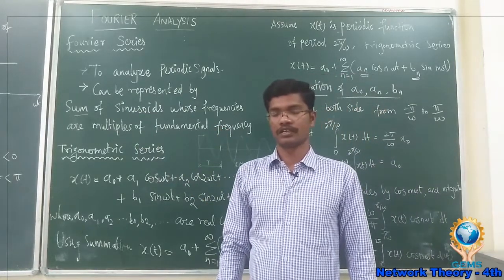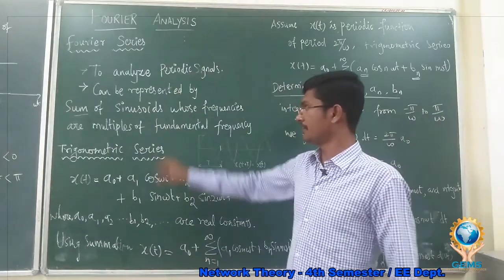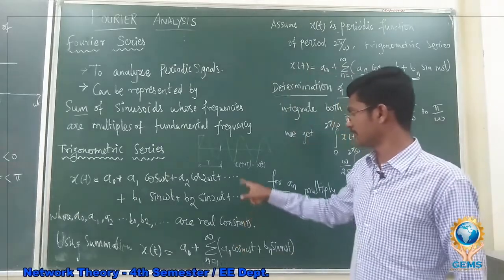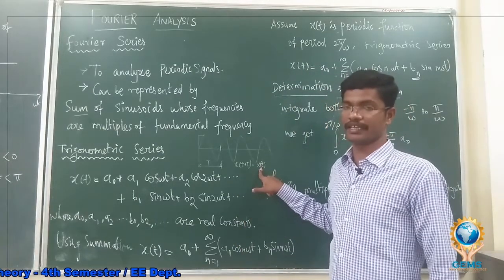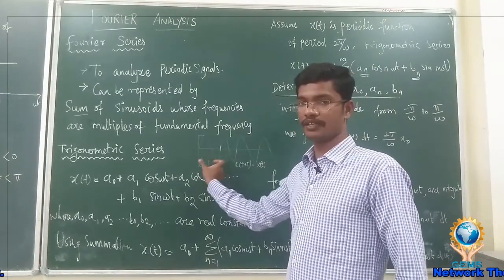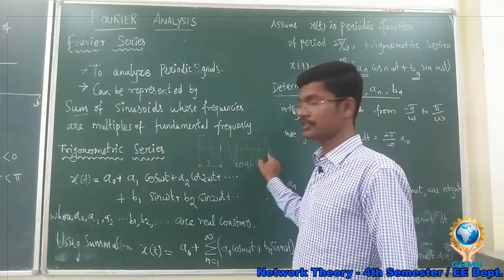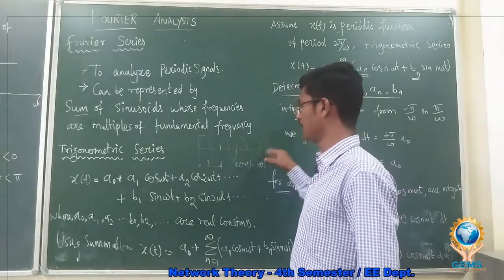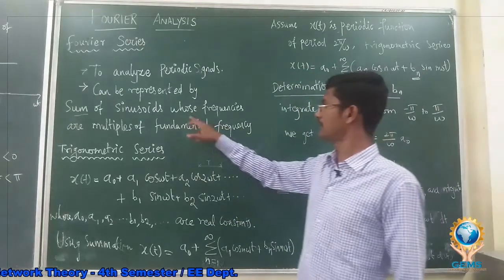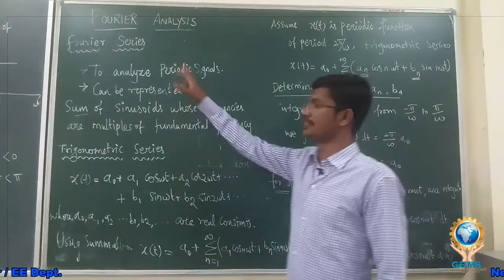frequency. Actually, this Fourier series we mainly use in analyzing signals, mainly periodic signals. I want to say what a periodic signal is. A periodic signal we can define like this: x of t plus T equal to x of t, which means up to the time period T, whatever waveform is there, that same waveform will be repeated after that also, which means the waveform is a repeated waveform. So it can be called a periodic signal. This periodic signal can be analyzed by using the Fourier series.